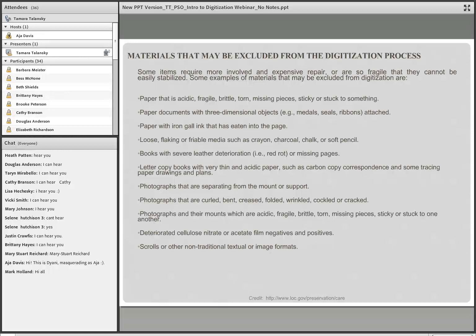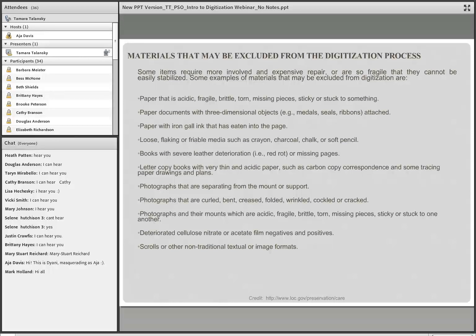of materials that you may want to exclude from digitizing. This was taken from the Library of Congress website, and I'll just touch on a few of them here. You may want to exclude items where the paper is extremely acidic, fragile, or brittle, paper that has iron gall ink that's eating into the page, books with severe leather deterioration or red rot, photographs that are curled or creased or cracked, deteriorated cellulose nitrate film negatives or positives, and scrolls or non-traditional text or image formats.